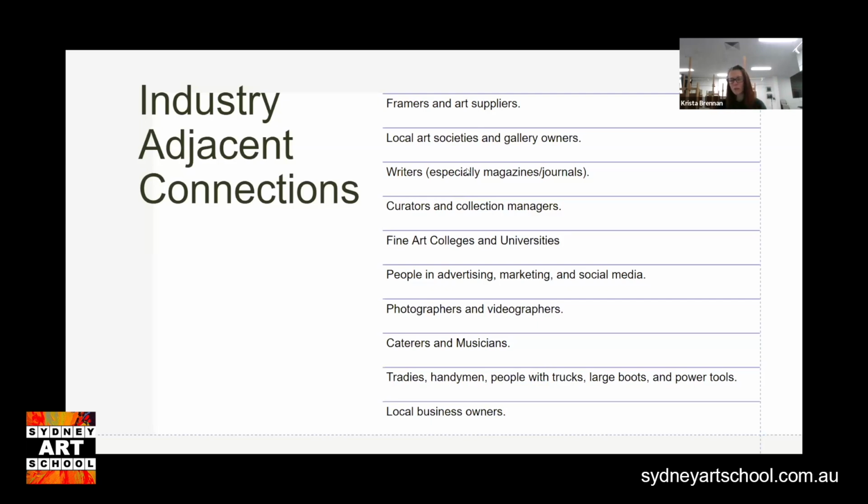Certainly, if we were to look at just an example of having an exhibition, pretty much all of those people in that list would be people that you would hope to have contact with, or potentially have at your exhibition, because they would be either helping you set it up or helping you make your opening night really exciting and good, or they might be providing further industry contacts.